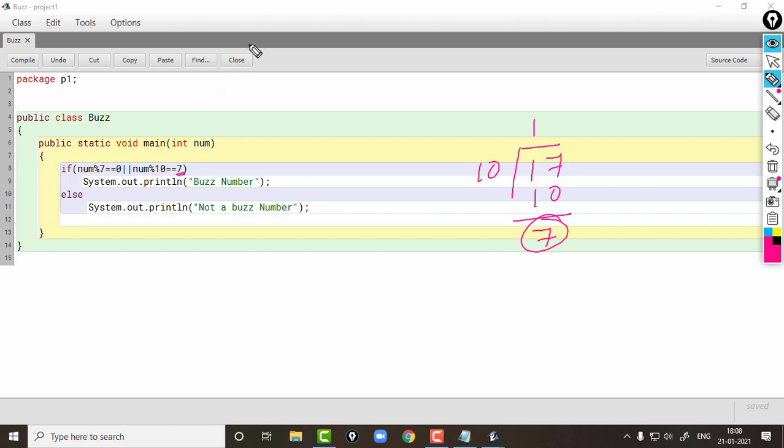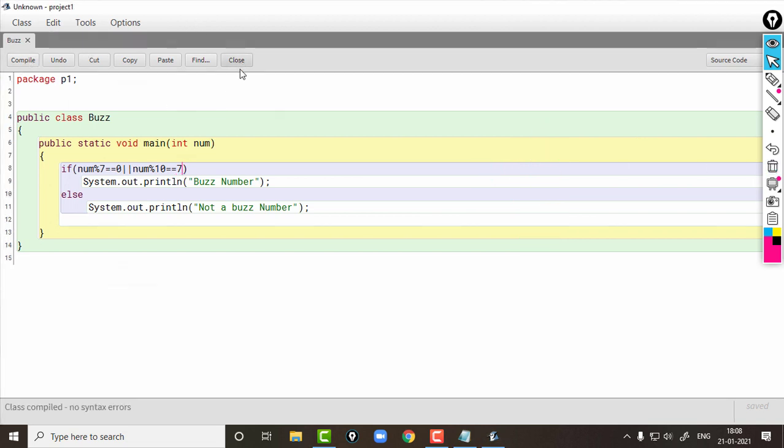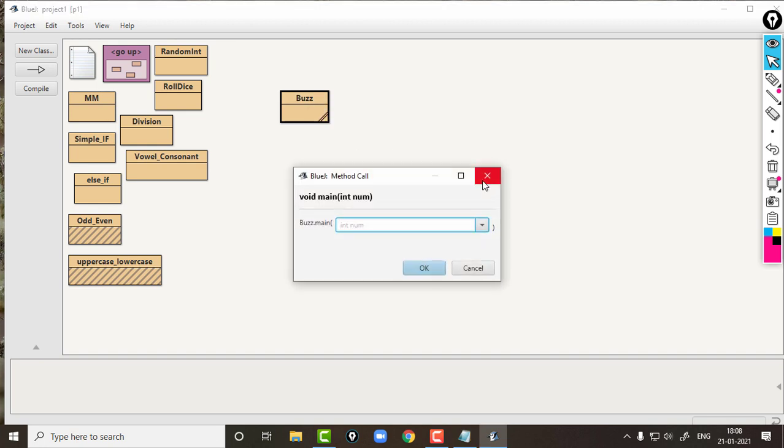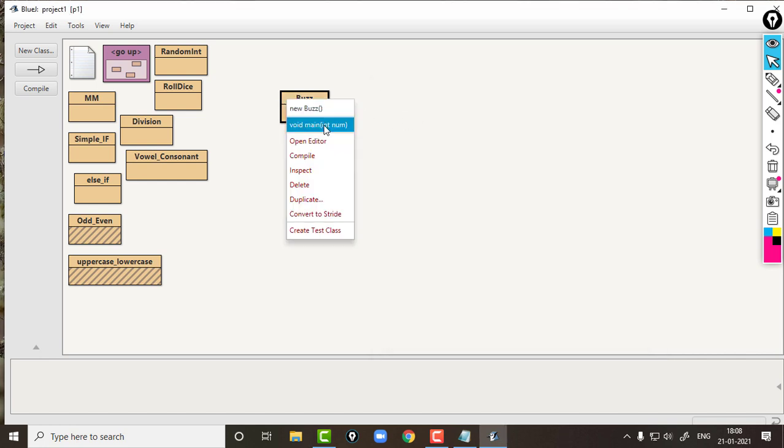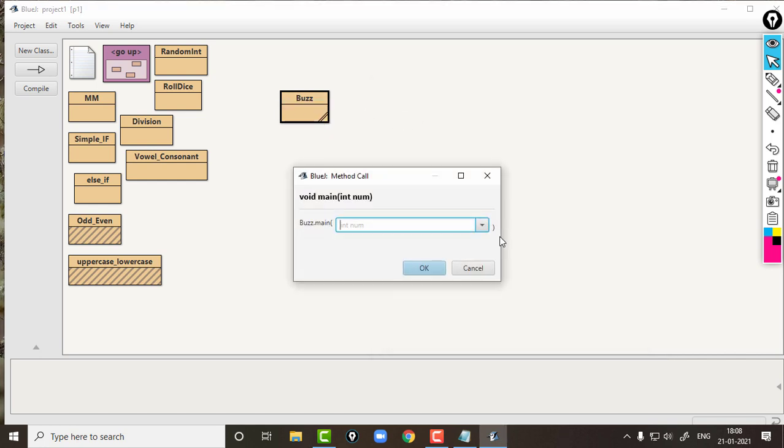Okay, so we can check once again. Definitely 57 is a bus number. So we can give 57. See, printing bus number. So this is known as a bus number. A bus number will be a number which is divisible by 7.